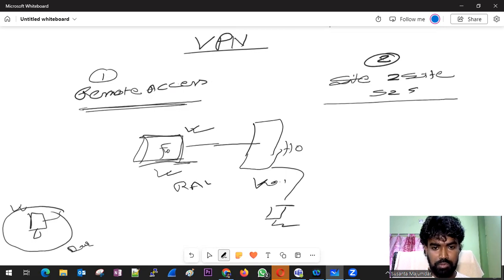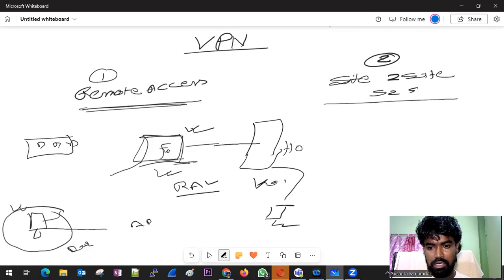Then either you can create a portal where you can see all those applications, or you can install one application like FortiClient or GlobalProtect, and there will be a login and a tunnel connecting to your firewall, and based on the policies and requests you will be able to access